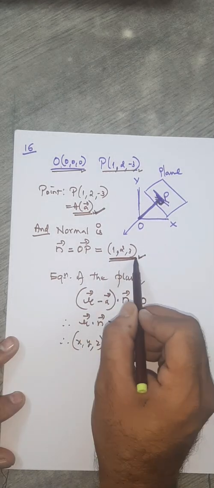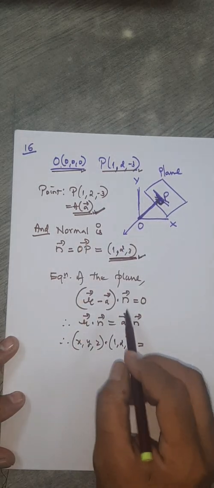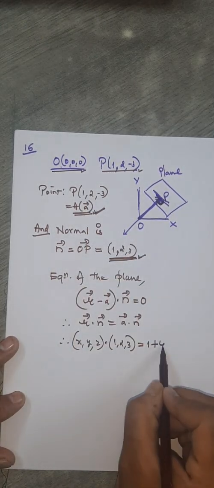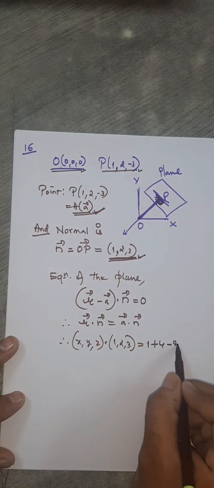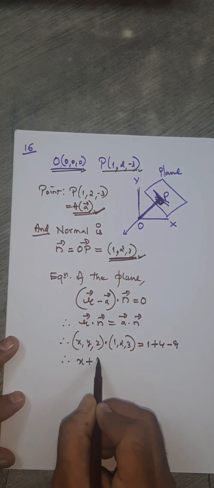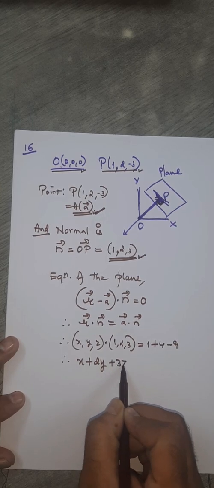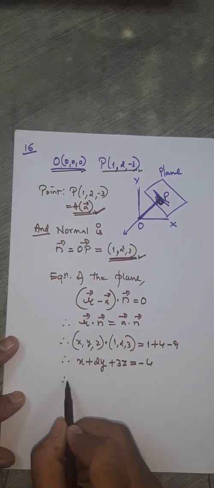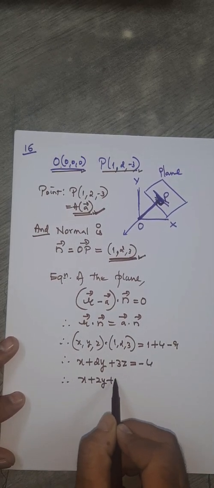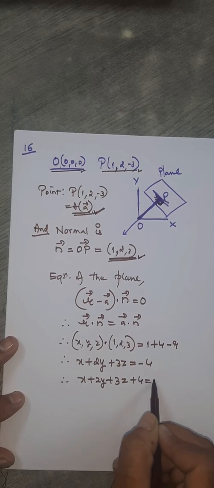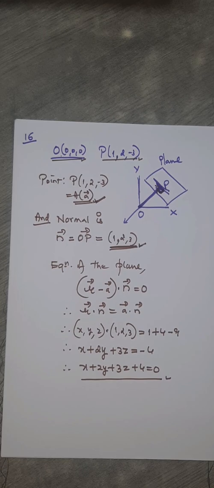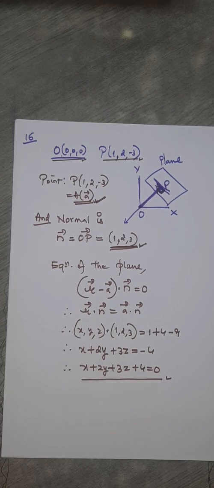Vector n and vector a. So you will get this into this, which is 1, plus this into this, which is 4, this into this, which is minus 9. So we'll get x plus 2y plus 3z equals to 5 minus 4. So you'll get x plus 2y plus 3z plus 4 equals to 0. This is the plane on which the perpendicular from the origin is drawn here. Okay, so what is important in this question,